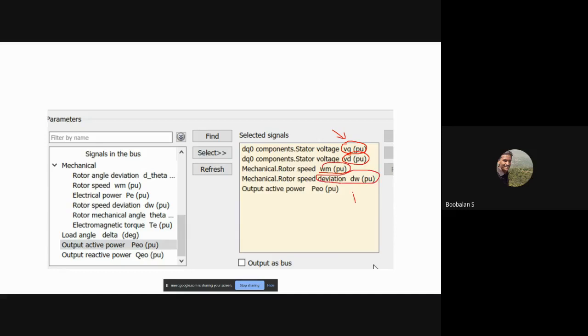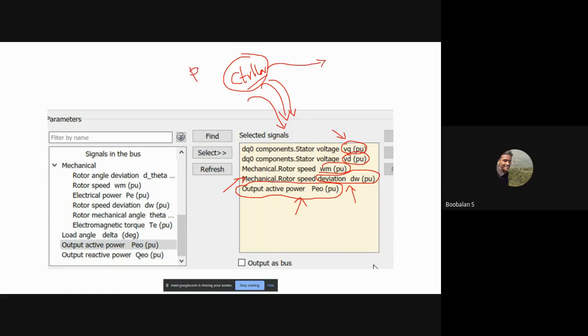In the deviation, whenever a 3-phase fault or some load changes occur, the speed is going to go up very much. And output active power, electrical active power. These are the very important and necessary measurements needed to make my machine run at constant speed. The controller needs some basic things. These are the necessary data the controller needs to sense. Once the controller gets this basic information, it will generate a command signal.